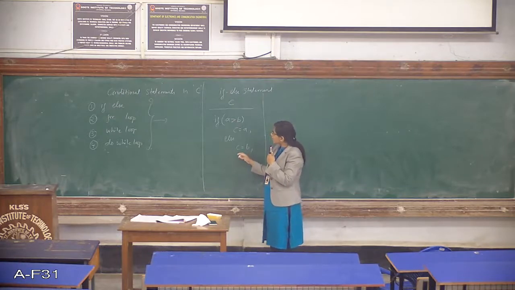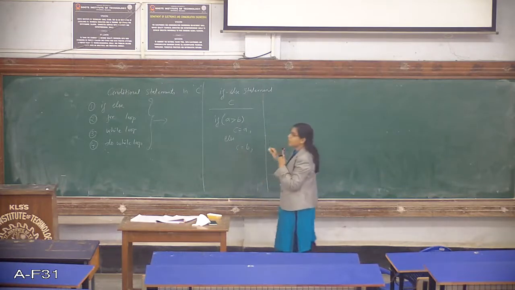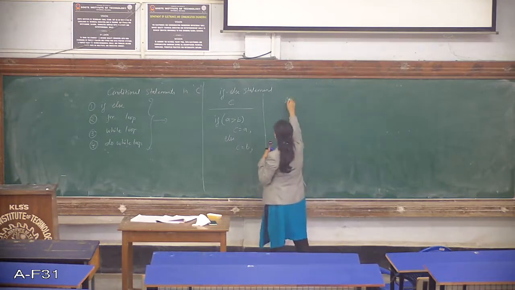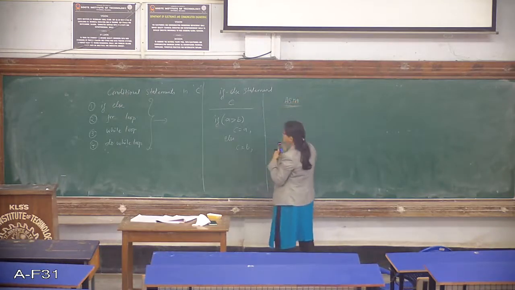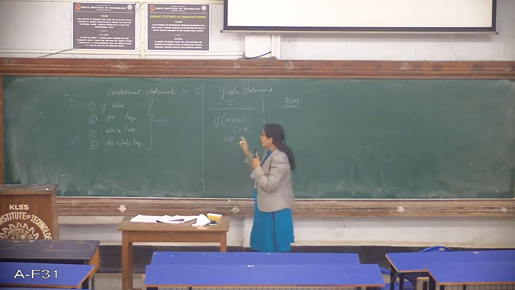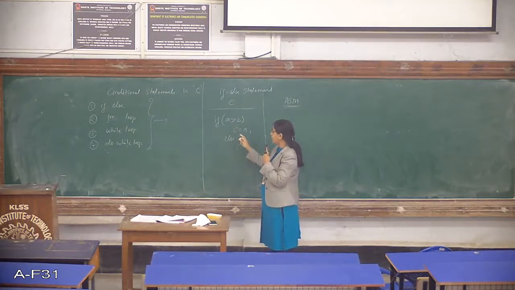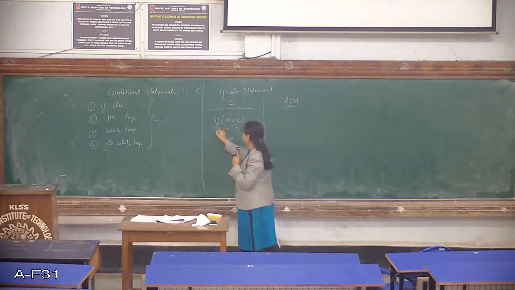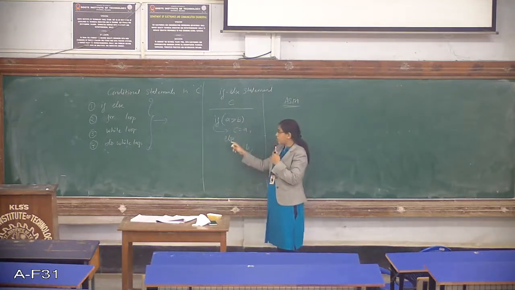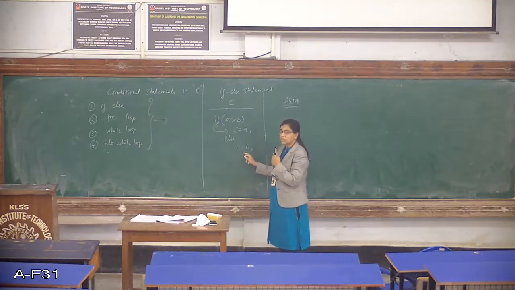Now this has to be compiled and converted to an assembly language. So how exactly do you get this in assembly language? Now when I start with if, there is a condition A greater than B, then what will you be performing? You'll be performing C is equal to A. If the condition is false, what will you be doing? You'll be doing C is equal to B.